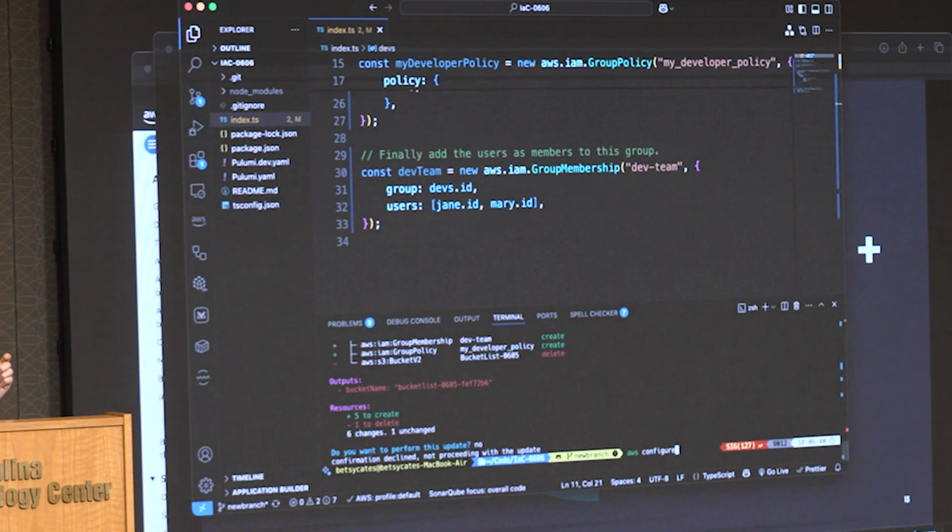You want to make sure that user has the correct permissions for what you're wanting to do in Pulumi. But what I've noticed is whenever I try to build something that I don't have access to, it gives you a very specific error code saying this is what you need to add to your user or your role to be able to do this. So it really does help you do fine-grain controls there.